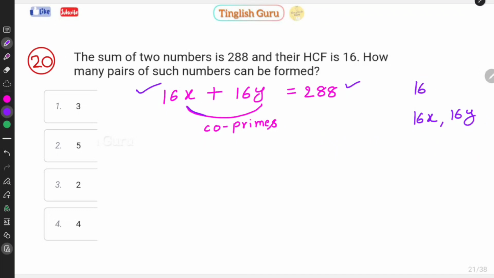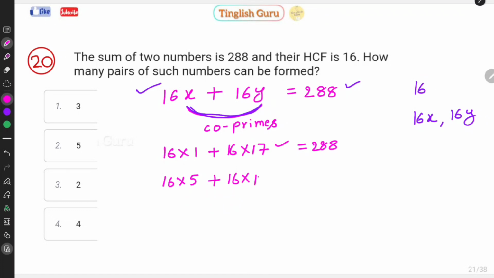And one more rule is, the values of x and y must be co-primes. Co-primes means, for example, x and y should not be 2 and 4 because 2 and 4 are not coprimes. Here the possible values of x and y are 16 into 1 plus 16 into 17 is one possibility, which is equal to 288, and 16 into 5 plus 16 into 13, that is equal to 288, and